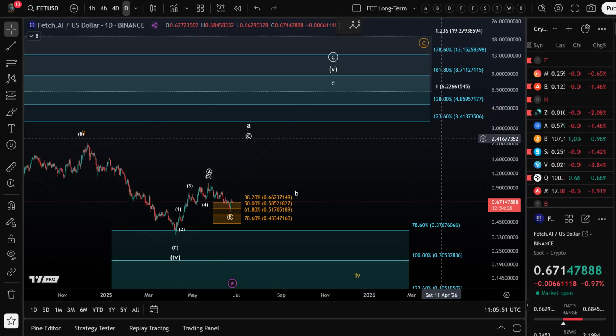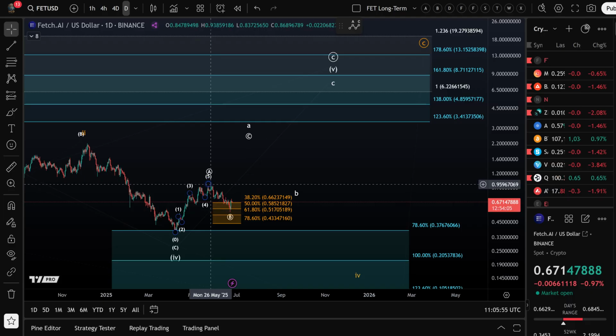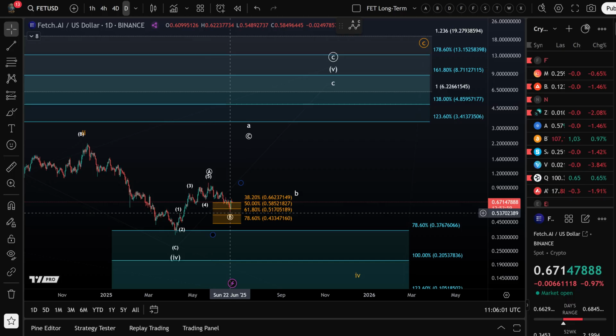The FETCH.AI chart here on the larger time frame is currently in a pullback. I mean, that might be over. We've reached basically the middle of this support area we've been discussing. It's between 43.3 cents and 66.2 cents. I would say that pullback is deep enough to be considered, just visually, sufficient to correct the